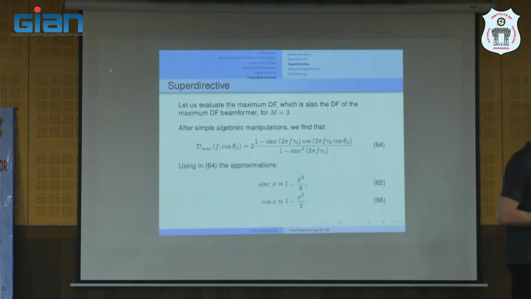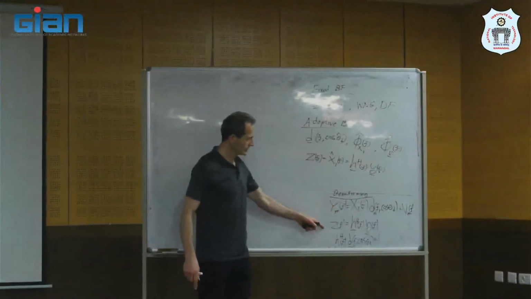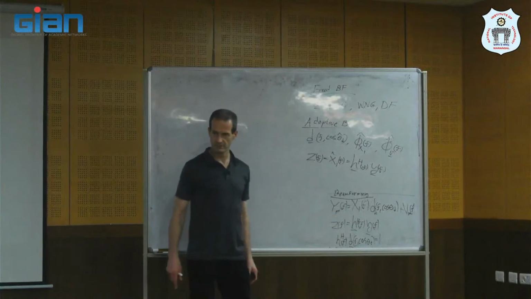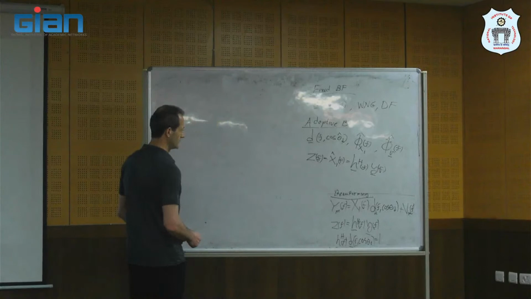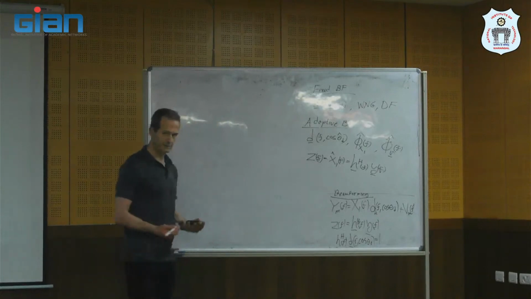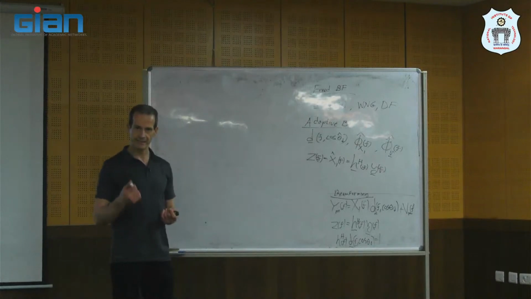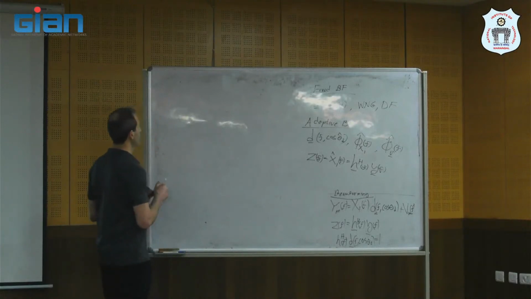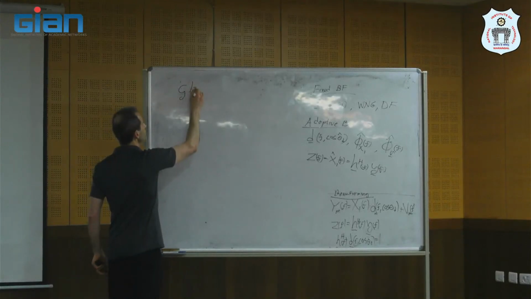It looks like that. We have the model, so we can find a beamformer that maximizes the directivity factor. What is the directivity factor? The directivity factor is the array gain when the noise is diffuse. So if I write the array gain for a given beamformer,